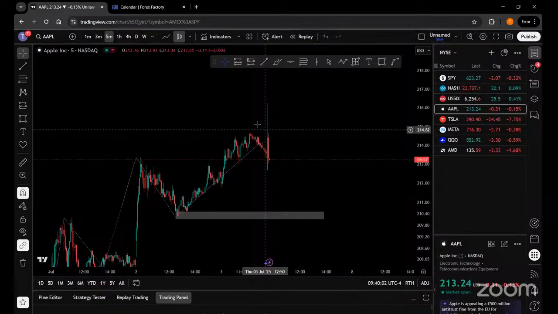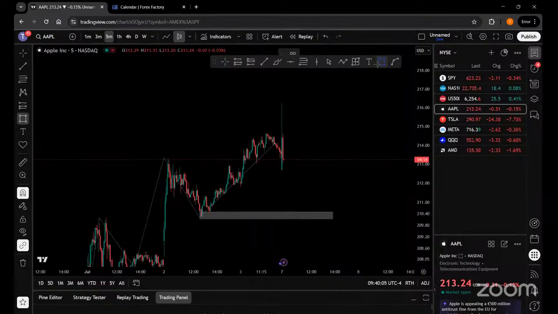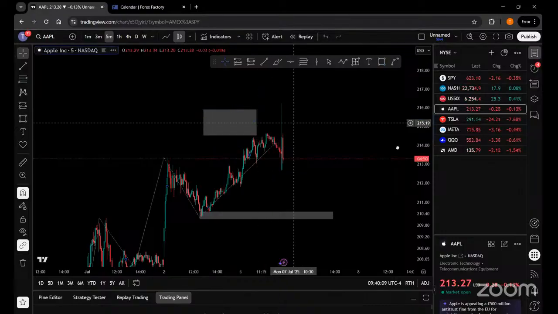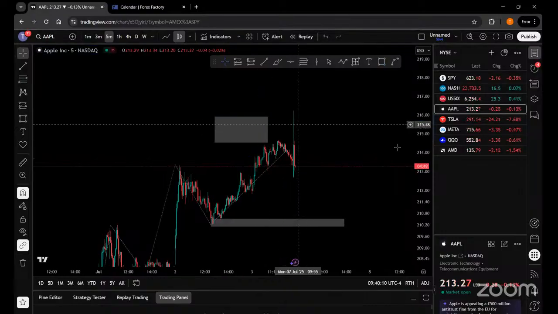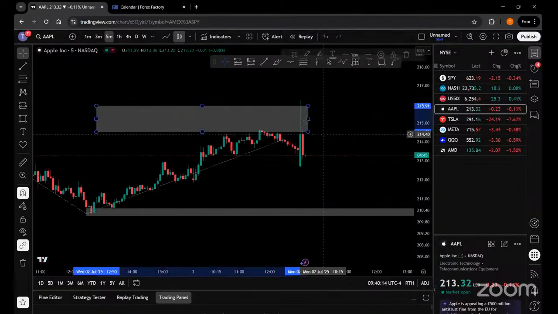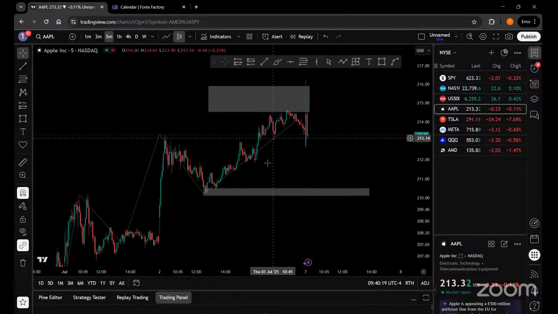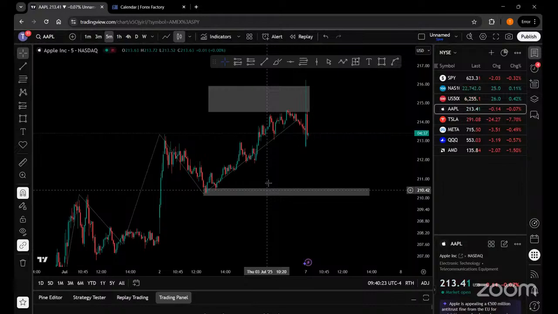Already the market has taken out the upside liquidity over here. So the price in the opening candle itself, by gapping up and giving a huge momentum, as you can see the wick towards the upside, has already taken care of the buy side liquidity. So now what's pending is the sell side liquidity over here, the stop losses below these levels of 213.14, 211, 212, 200, and then finally,